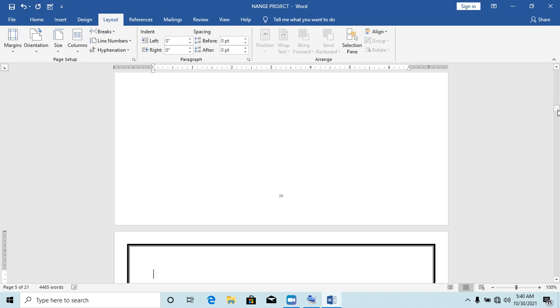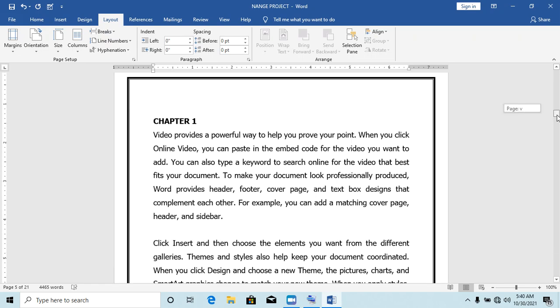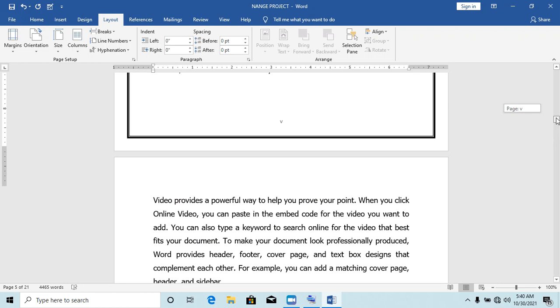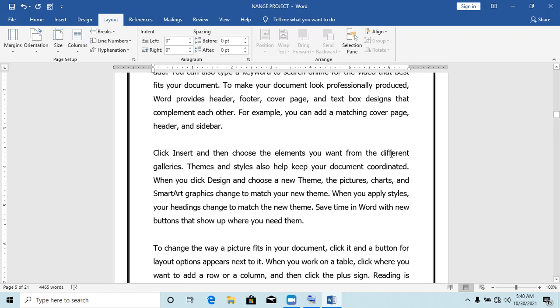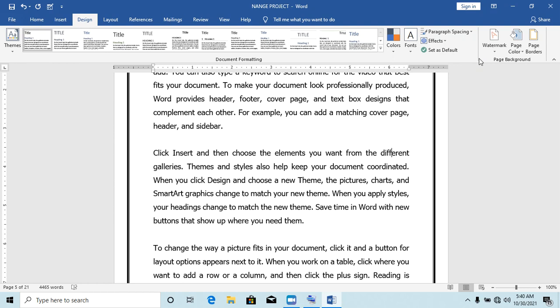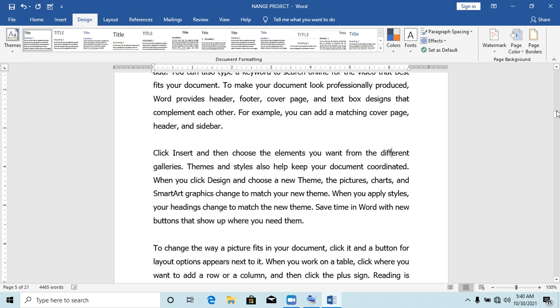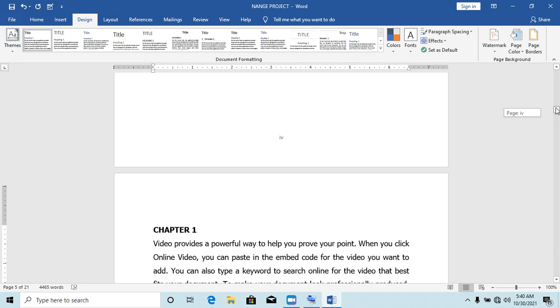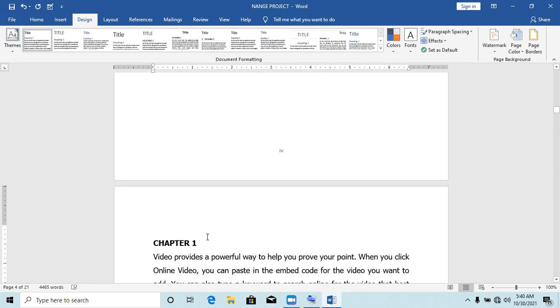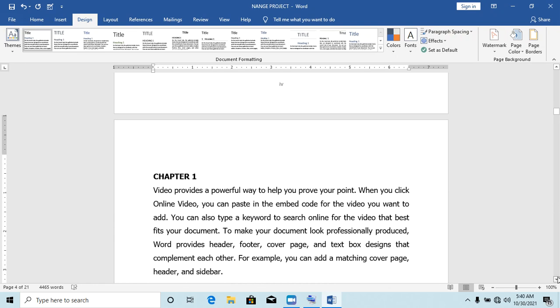So on this next page, I will remove this border. I don't want this border, so I'll go back to design, page borders, and then I'll choose none. So I don't want a page border here. So we had Roman 4 here, and here where we have chapter 1, I want this to be page 1